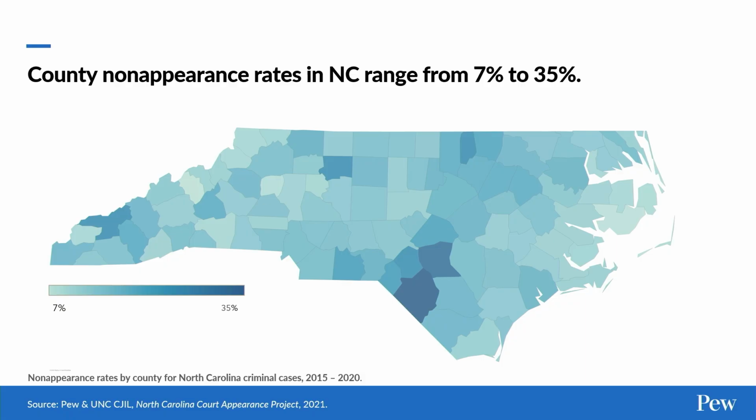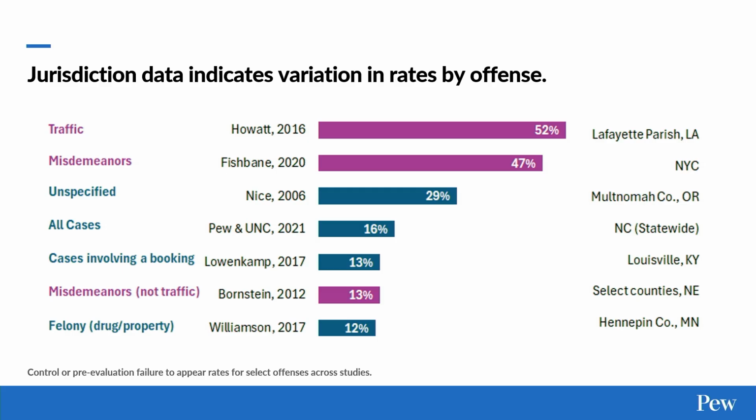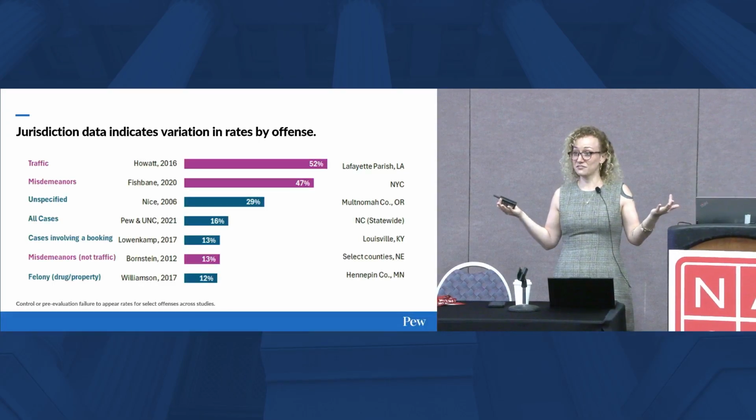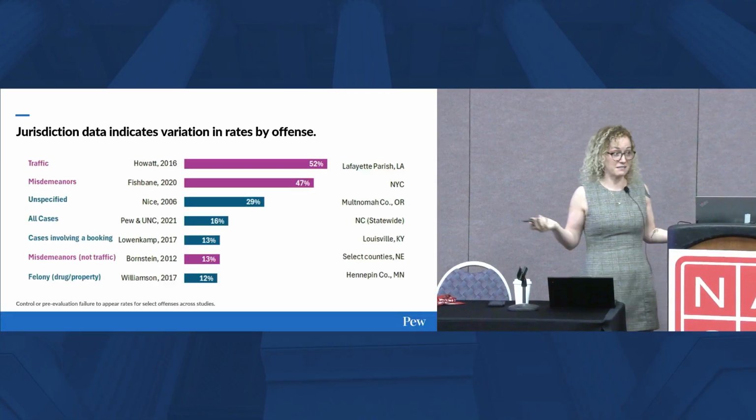So, the second thing I'm going to talk about is actually even within courts themselves, in jurisdictions. Another factor that influences missed appearance is case type. So we see that the most missed appearances happen in traffic and misdemeanor cases. This is important for two reasons. One, these are extremely common case types, period. So they're dragging missed appearance rates up if we're not effectively addressing missed appearances in traffic and misdemeanor cases.